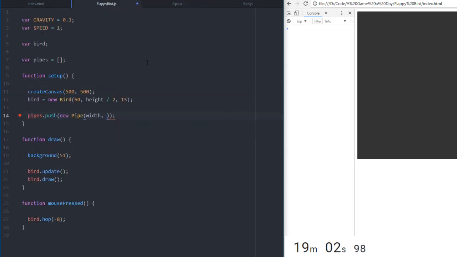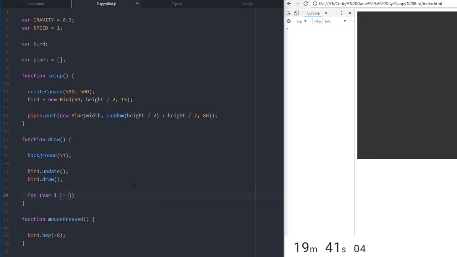So width, and the hole will be at random somewhere in between, somewhere in height divided by 2 for now, plus height divided by 2. Okay, that's just a random thing. Make all of them 80 in width. Oh, my bad. Okay, it's not doing this. Right. So,